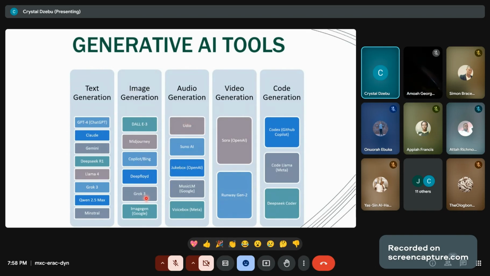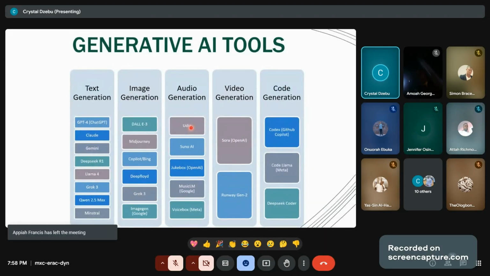Then audio generation. In the nearest future, anyone can be able to, for example, generate music, especially. So you can generate your own song. You give it lyrics or you ask it to generate lyrics and then generate instrumentals and then even generate voice.